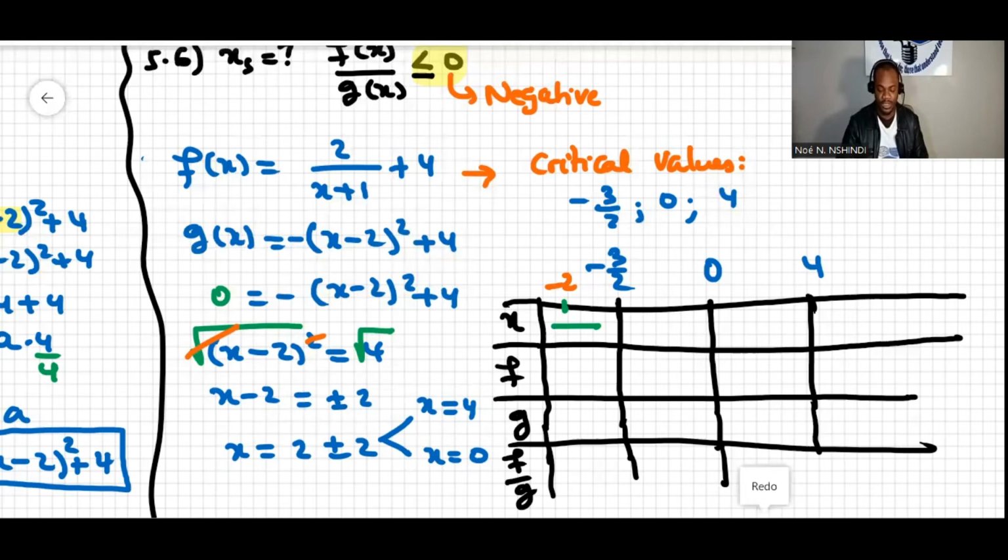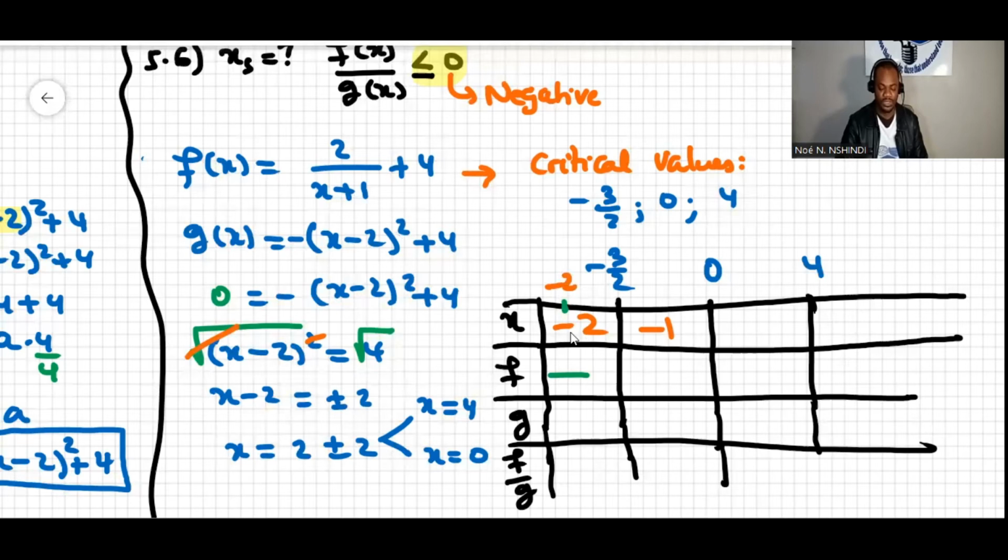Negative not there. I'm saying negative actually here for F. Now when I pick up another number in this interval, that's where I wanted to write the negative. If I pick up a number like -1, because between -3/2 and 0 it's -1, -1 is in between the two. If I sub -1 over